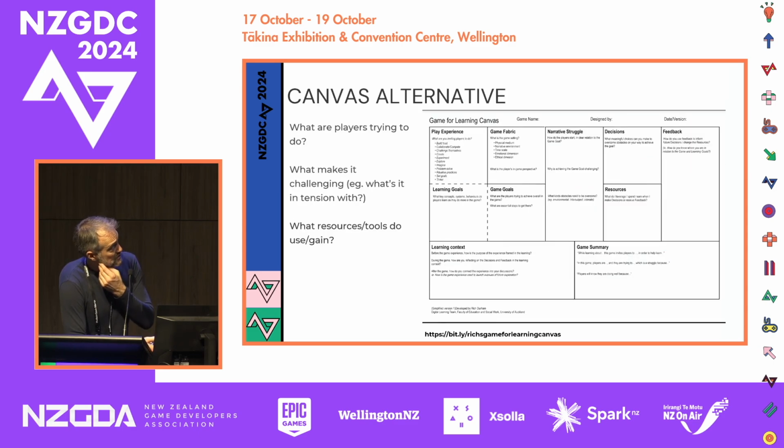So this is what the canvas looks like that I was talking about, and I'll give you the QR code. You can see it goes in a clockwise fashion, starting in the lower left. What is the whole context of this learning? Then you work your way up, looking at the goals that we've got with the game and some basic play experience types that can say what might emphasize this into the fabric of the game. The fabric here I'm using as a twee way of talking about the medium, right? So what's the instance of this game?